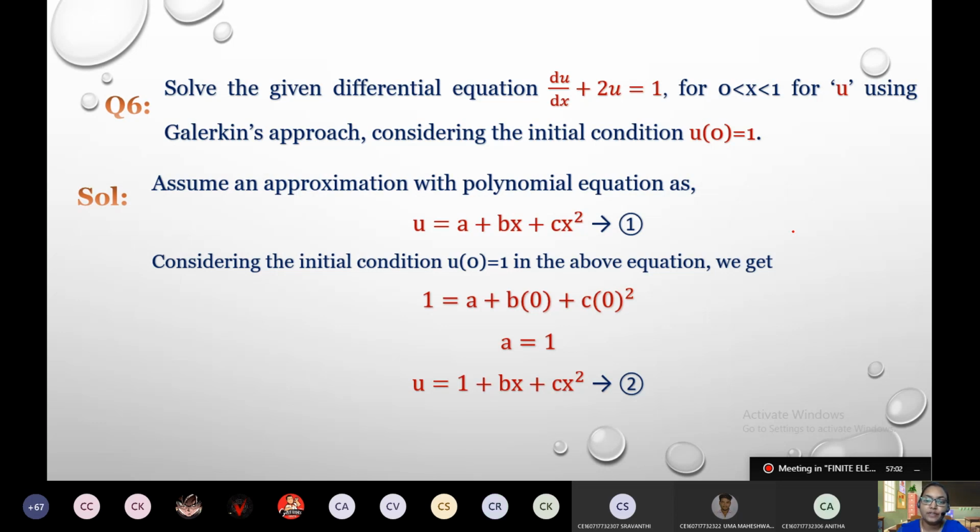Alright. If we know the value of b and c, to whichever point from 0 to 1, when we give the value of x, x is the variable here. Suppose when we give x is equal to 0.3, what is the solution of u? If at all I need that answer, I need what is b and what is c. So we have to solve for the value of b and c now. Alright, we'll take this as equation number 2.